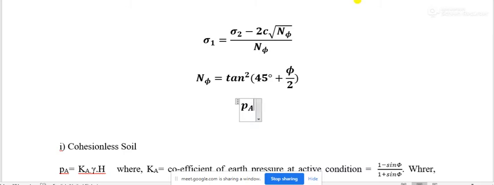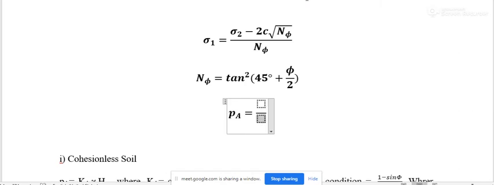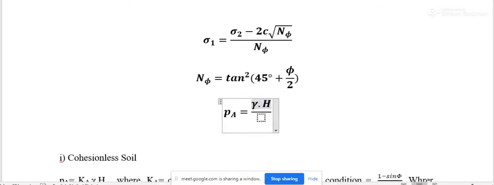PA equals sigma 2, which is gamma into H, that is the vertical earth pressure, gamma into capital H. H is the height of the wall, gamma is the unit weight of the soil, divided by